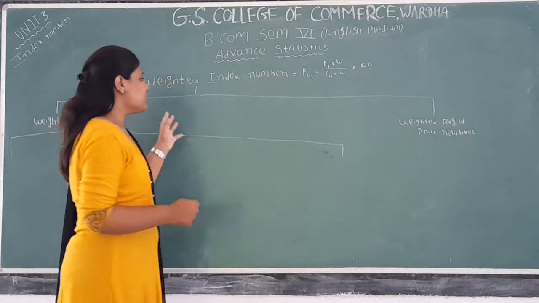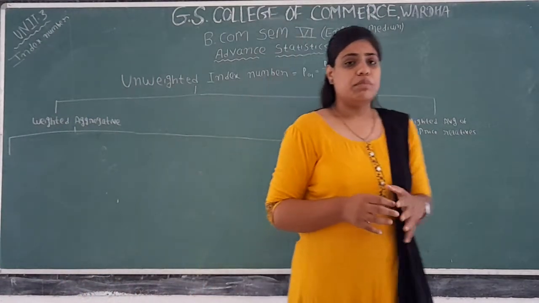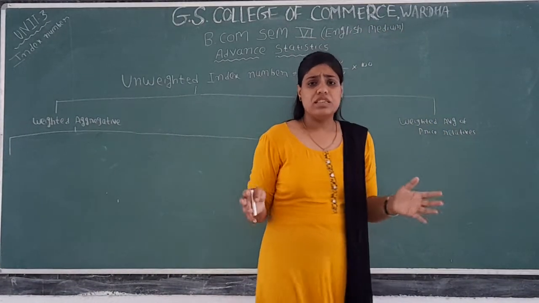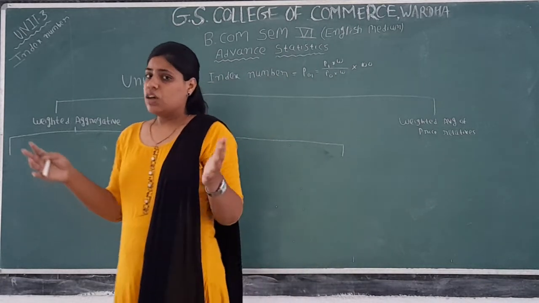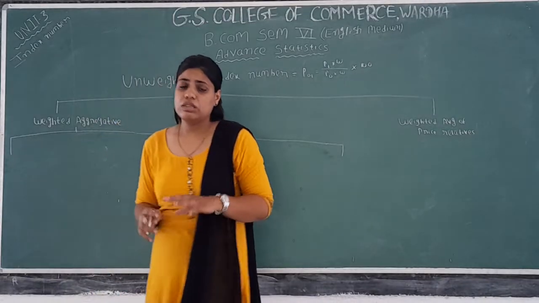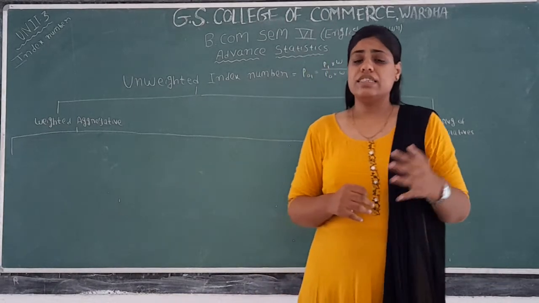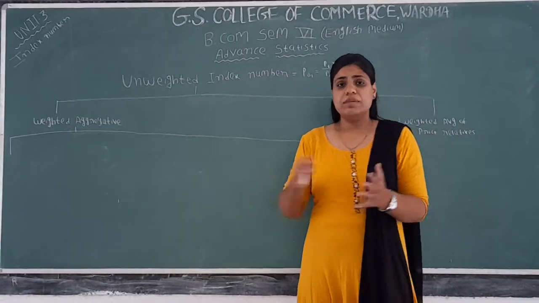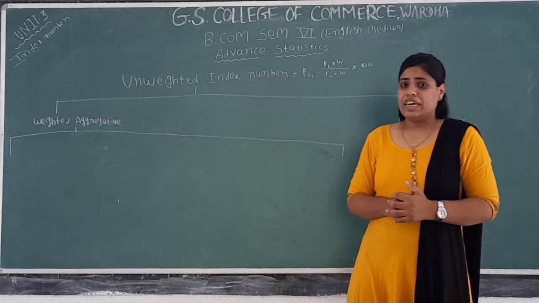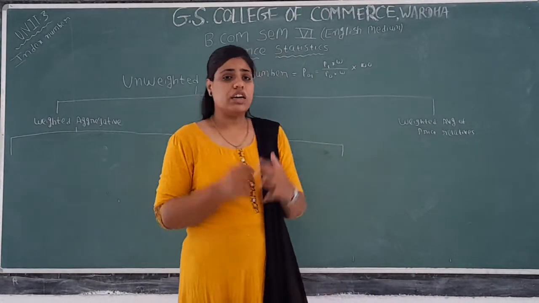So what is basically the weighted index number? See, what is basically the index number? When we talk about the index number, it is an indicator which compares the values in two different time periods, in two different geographical locations. So it is used to derive so many economic policies, because with the help of index number we can calculate the production at two different time periods, we can calculate the GDP at two different time periods, and we can make a relationship between them in order to derive the conclusion.